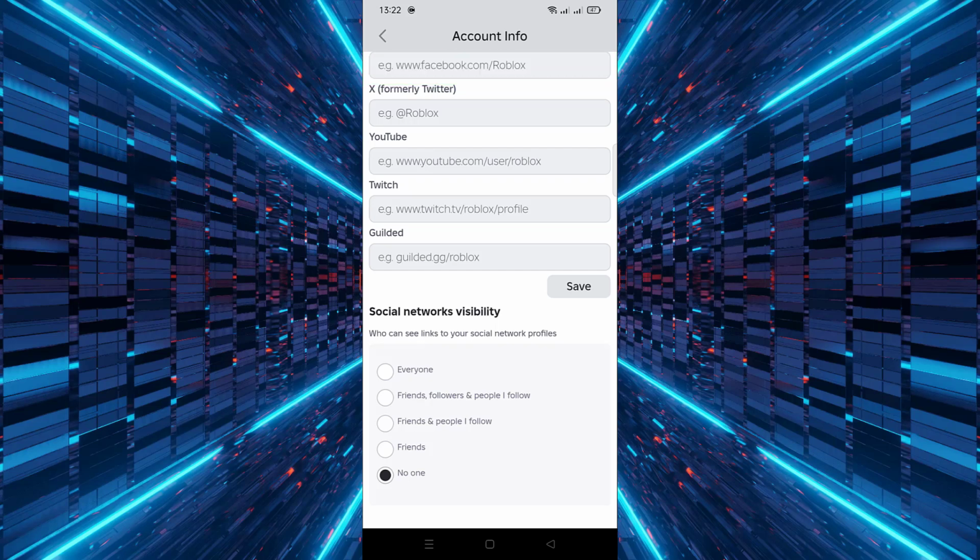Your change will be saved automatically and updated instantly. That's all it takes to control your social visibility on Roblox. Make sure to check other privacy settings for a